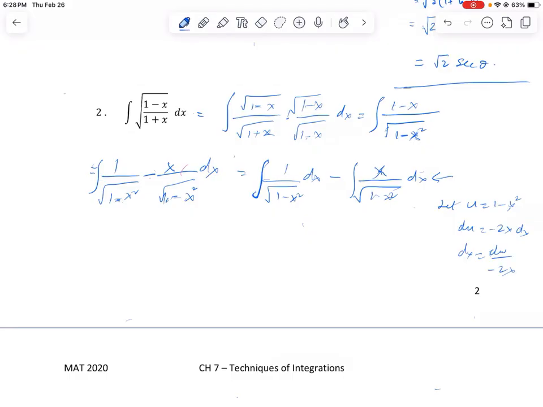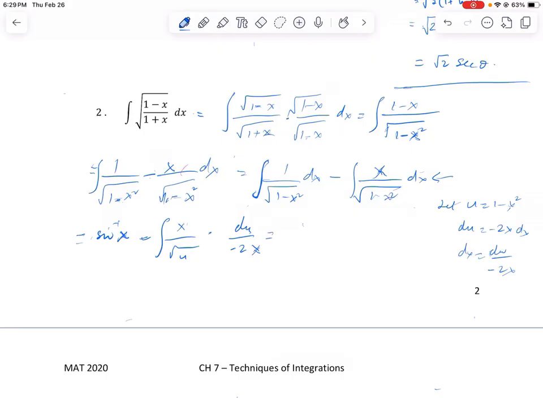This is only for the second part. The first part is just sine inverse x. So we end up getting sine inverse of x minus integral of x divided by square root of u times du over negative 2x